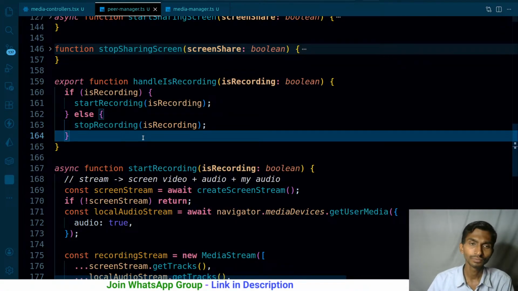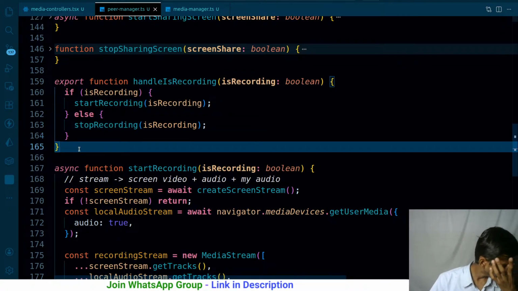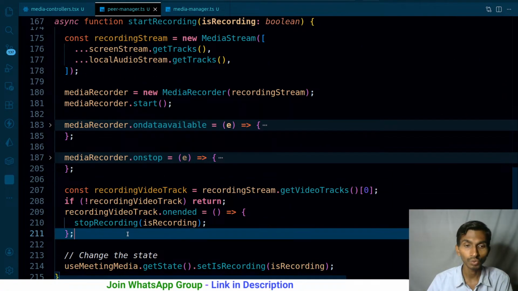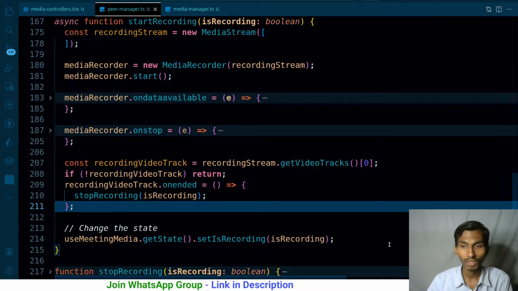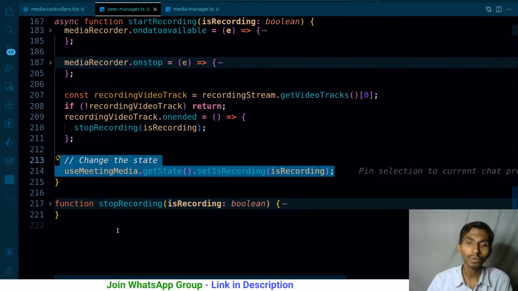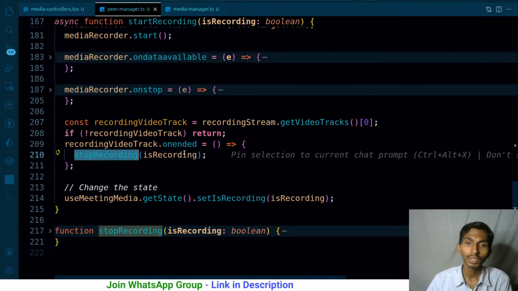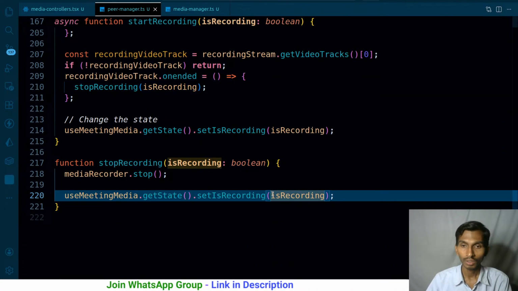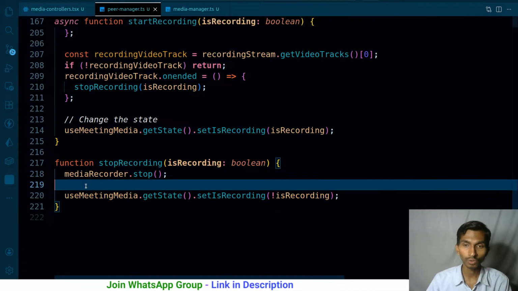The next time, I'm changing it again. So when I start recording the screen, at that time I'm changing it at last. So suppose it became true right now. The screen is being recorded. Now I want to stop recording the screen, so I clicked on that. It is still true, and it will become like this. So stop recording screen in the sense just opposite of is recording, or is recording I will send here, and it will be set as just the opposite of is recording, because I don't want to start recording right now. So this is how it's going to go on.